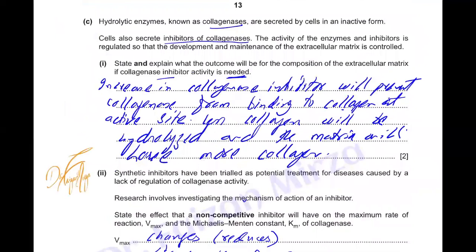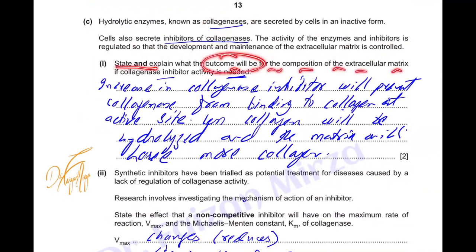Hydrolytic enzyme known as collagenase. Hydrolytic means they are breaking enzymes, so they break collagen. Now, collagenase is secreted in an inactive form, and cells also secrete collagenase inhibitors. The activity of the enzyme and inhibitor is also regulated, so the development of the materials of the extracellular matrix is controlled. State and explain